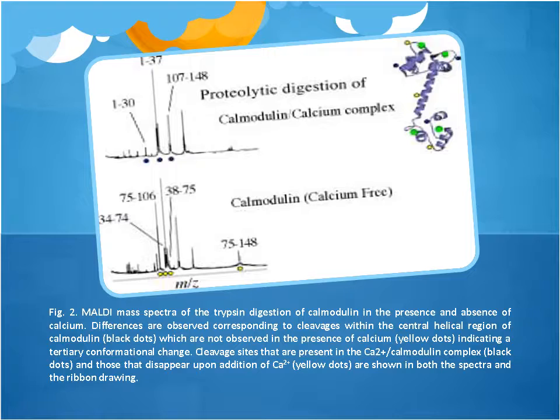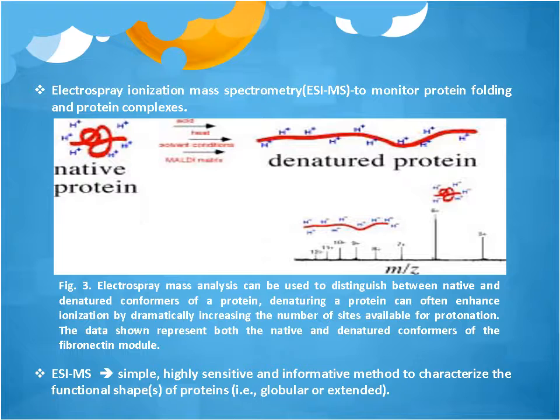Both the spectra and the ribbon drawing that are illustrated in the figure were shown with the cleavage sites that are present in the calcium calmodulin complex with black dots and those that disappear upon addition of calcium with yellow dots. Electrospray ionization mass spectrometry, which is abbreviated as ESIMS, has also been used to monitor protein folding and protein